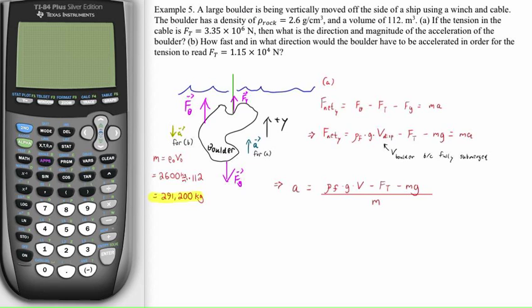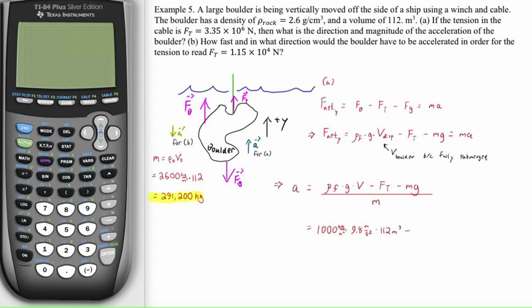Okay, so then if I actually plug in values here, now we're going to have 1,000 kilograms per cubic meter, 9.8 meters per second squared, times our volume of 112 cubic meters, minus our given tension force of 3.35